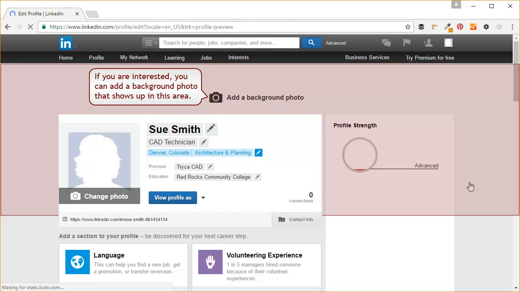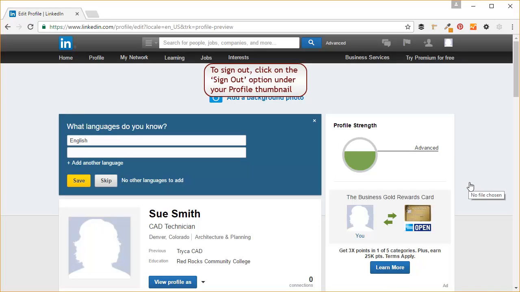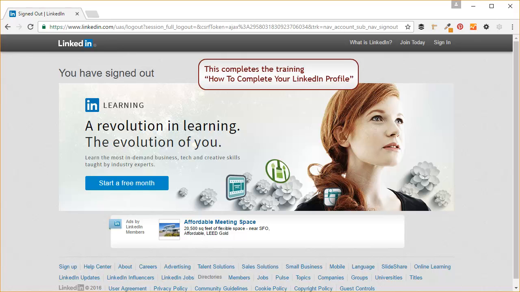If you are interested, you can add a background photo that shows at the very top of your profile. You can continue adding the appropriate sections to your profile. When you are done, click on the Sign Out option under your profile thumbnail. You have finished the training for how to complete your LinkedIn profile.